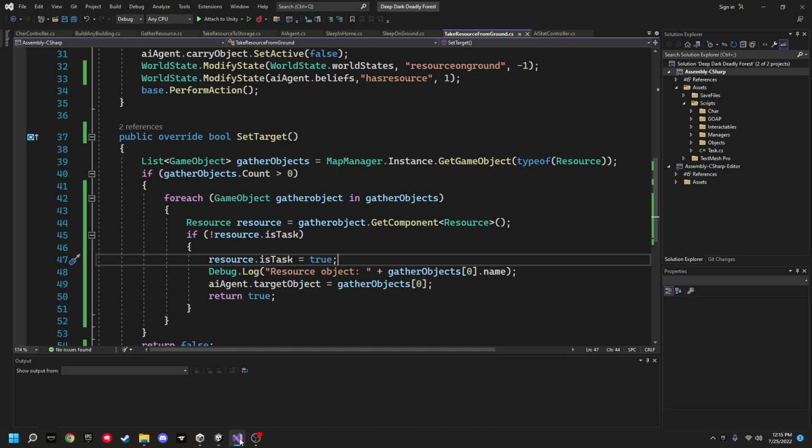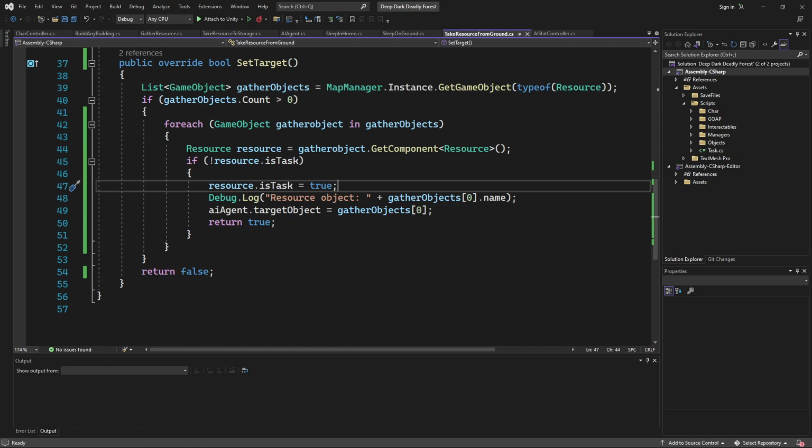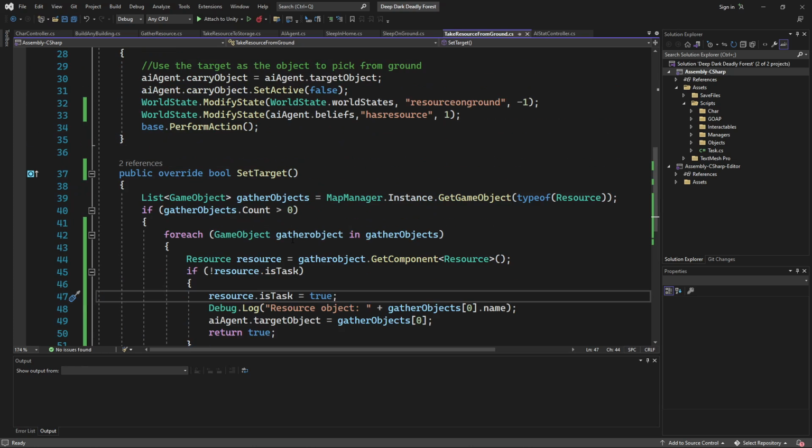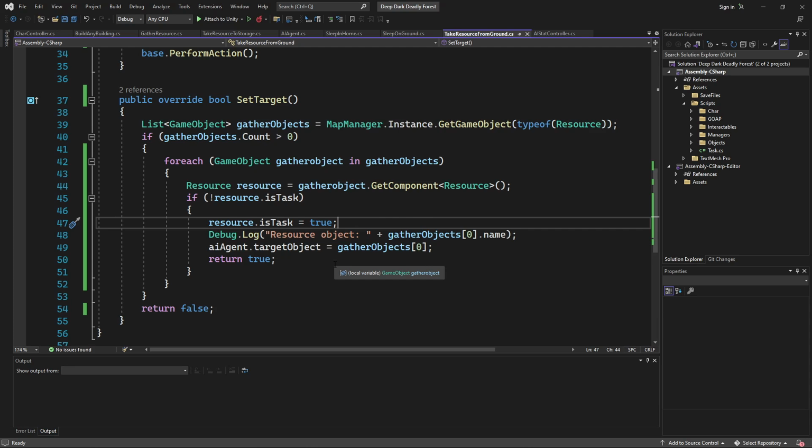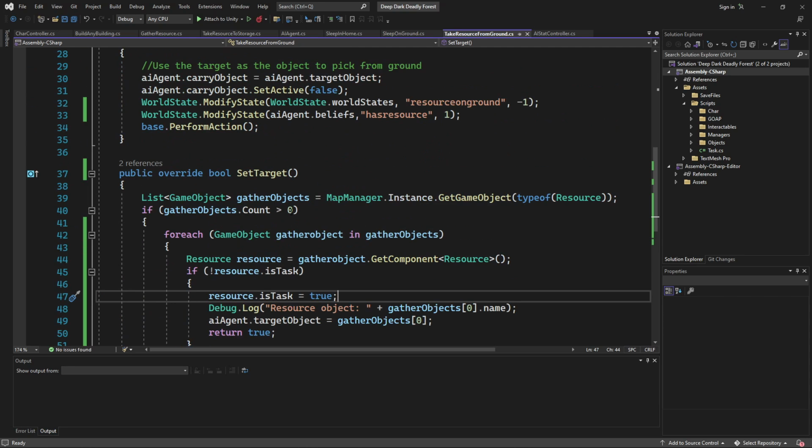Why are you going to the same one? Am I doing this right? Resource that is task is true. This is to take resource from ground, setting the object, setting the target.